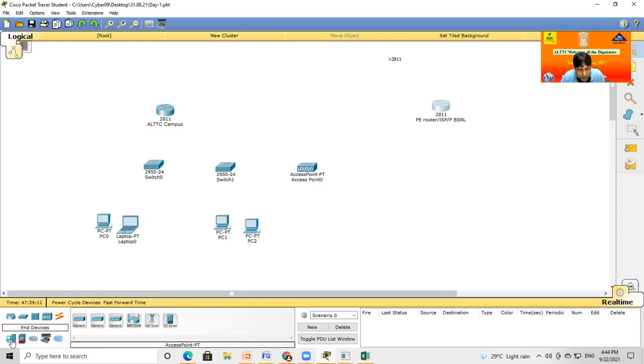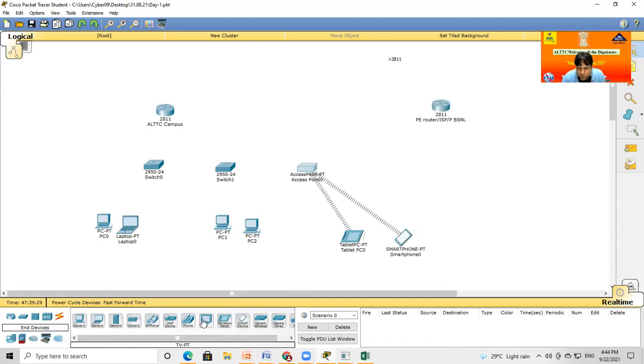Again click on the computer part, and you can see a lot of devices here. Just move here, and here is the wireless tablet. I put a tablet here, a smart device. Because in this Wi-Fi there is no wireless security, it may connect automatically, you can see here.